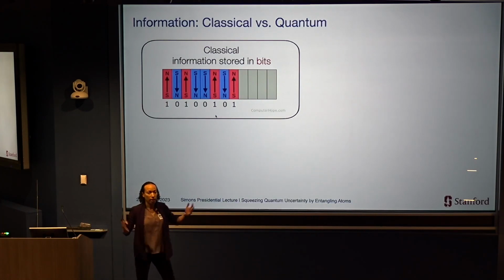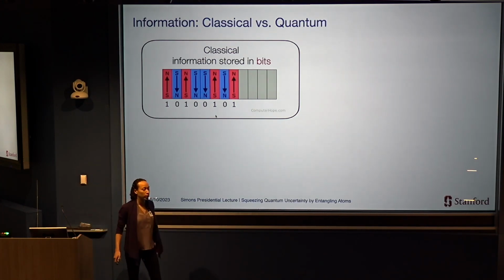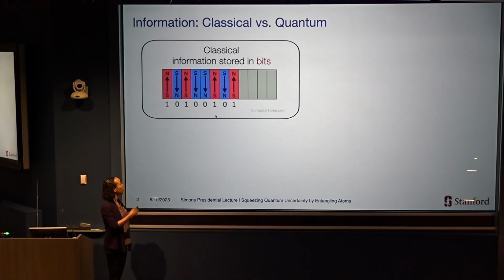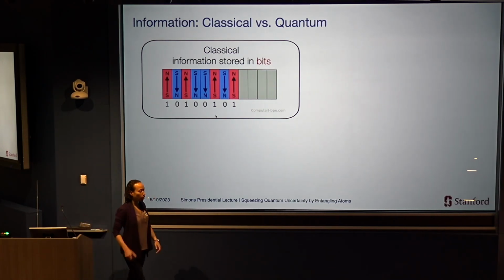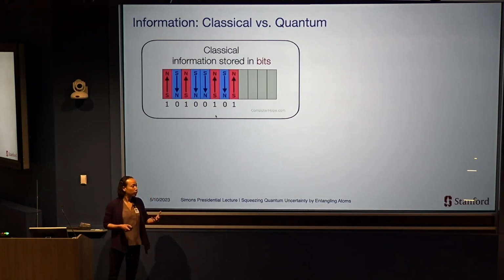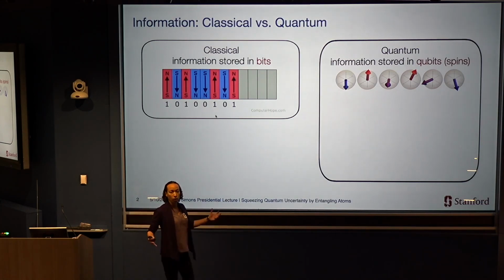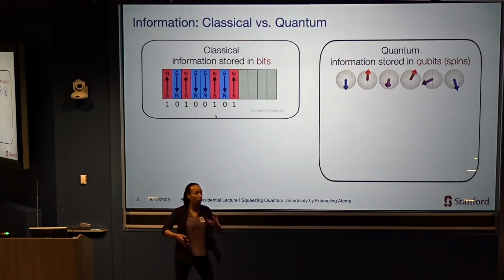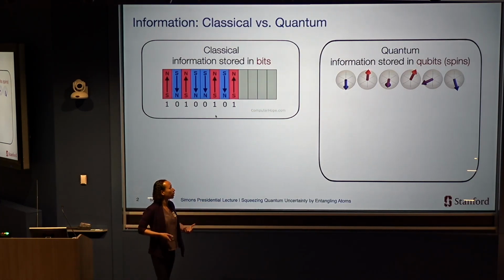So all of you have a classical computer where information is stored in bits, right, which physically might be something like the orientation of some magnetic domains on your hard drive. One orientation could be a 0, the other one could be a 1. And actually, if you shrink this down to the level of a single particle, a single magnetic moment, or we call it a single spin, that gives rise to what we might call a qubit, a quantum bit.